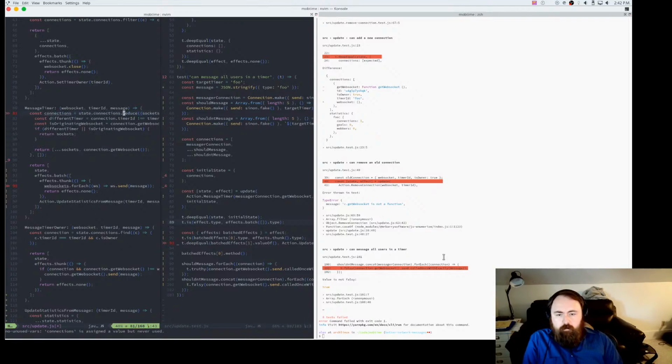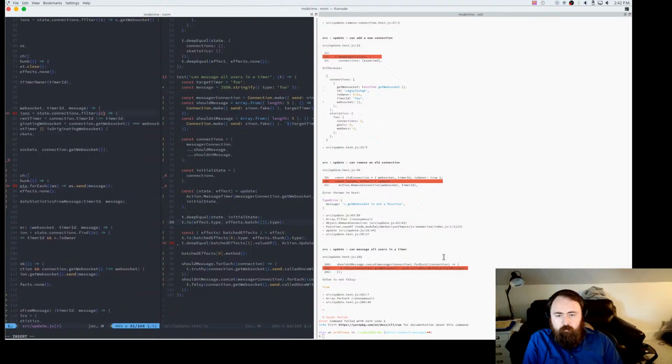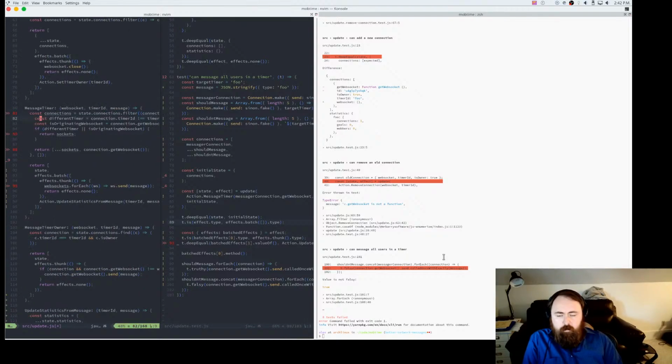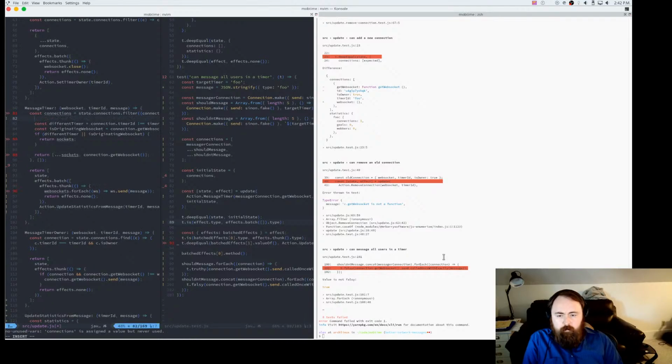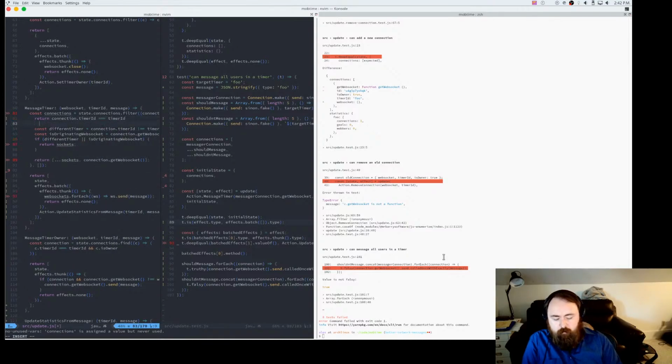So connections is the state connections filter. Connection, and then basically, so let's just do const, let's say return connection.timer ID. It's timer ID, so we'll keep it if it has the right timer ID, and there's an or in this case. I think it's an and.